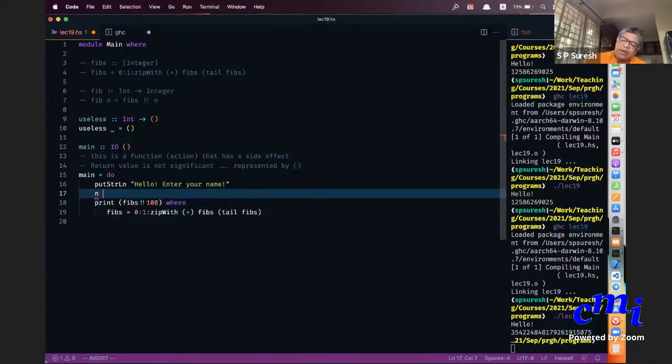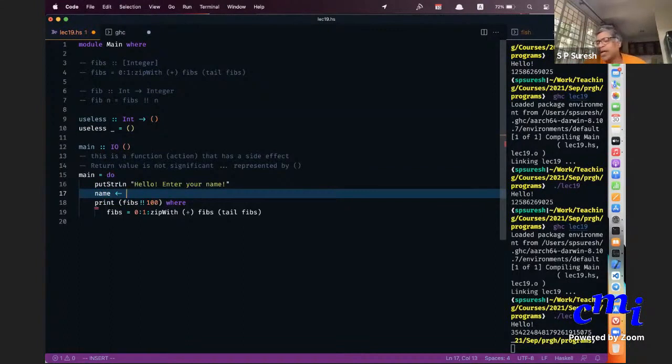So you can get a line, and when you get a line, there is a side effect, which is that user input has been consumed. That is the side effect. But there is also a return value, namely whatever the user has entered, that should be stored somewhere, right? That is your return value. That is why getLine is of type IO String. So that string should be stored somewhere, and the way to store it is